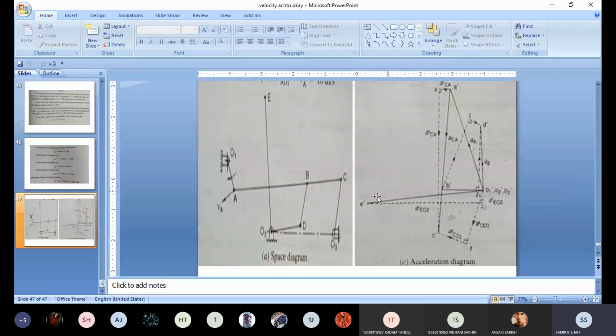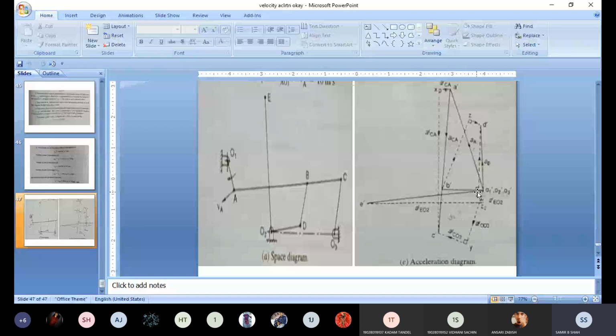Now we have to find D. How are we getting point D? With the help of O2D. Now talk about O2D, which starts with O2 dash. Take the radial part of O2D, which is parallel to O2D, and we know that the O2D radial part is 39.2 meter per second square. So from point O2 dash, draw a parallel line of O2D, which in the acceleration diagram is O2 dash Z1, which as per scale is 3.9 mm.